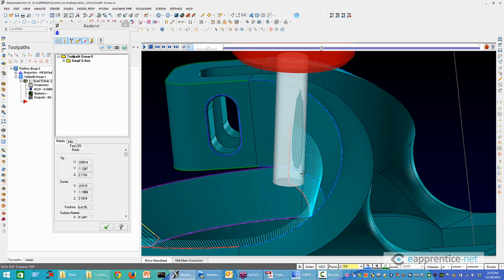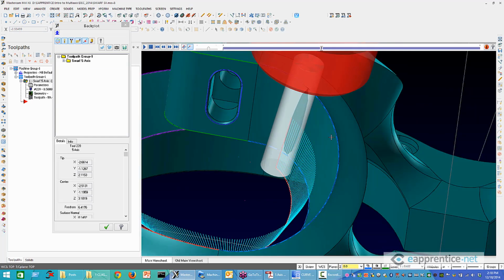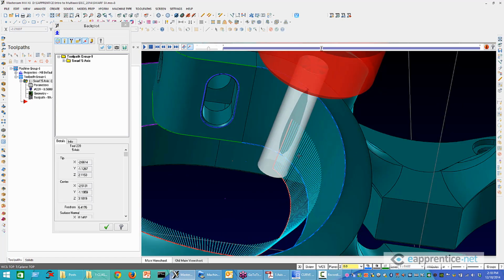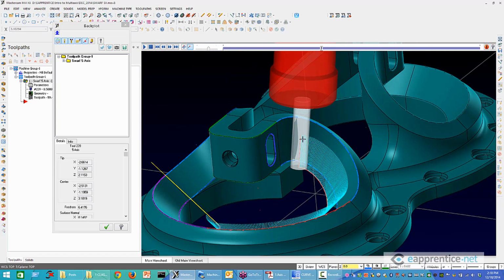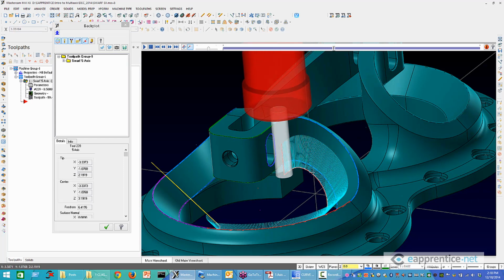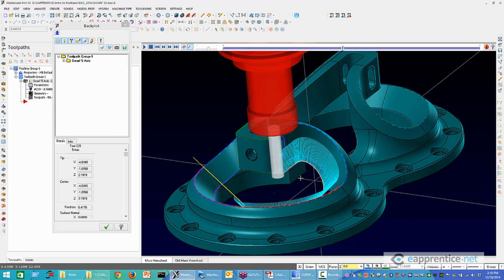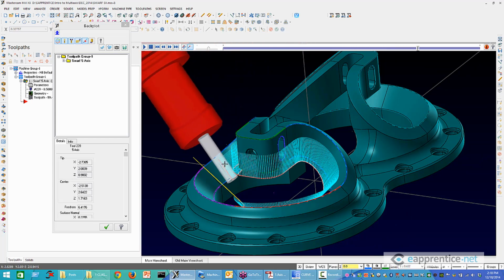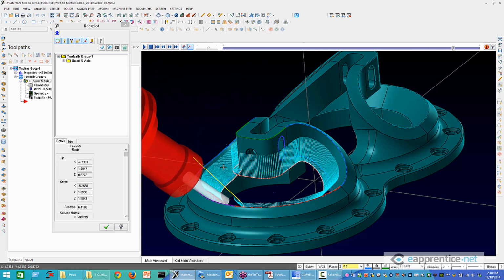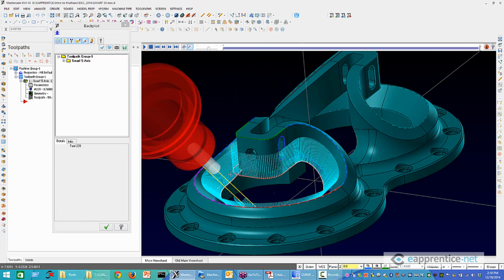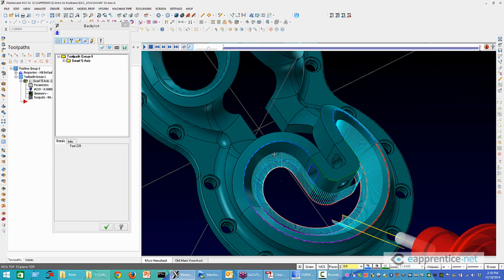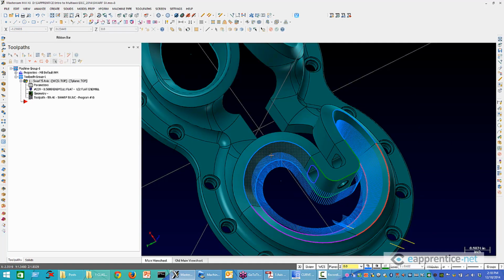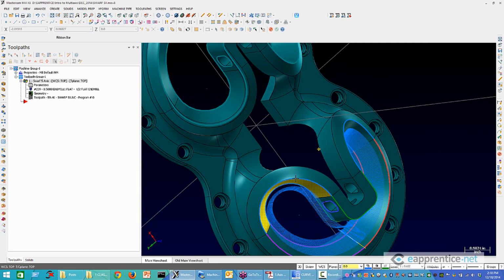So that's really one of the limitations of swarf, is that you want to make sure the shape you're cutting can be cut by just taking the tool and using the flank or the side edge of the tool and driving around. Okay? If we were really concerned about gouging into this surface,